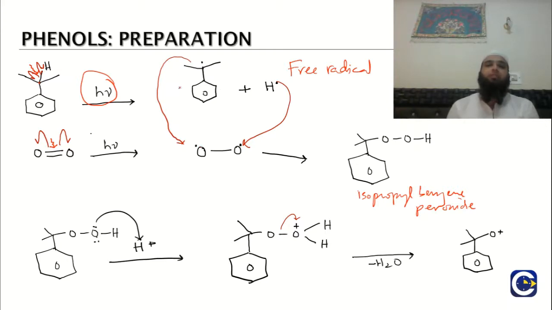Actually what happens is that this isopropyl benzene radical abstracts the proton from another isopropyl benzene molecule, and one more isopropyl benzene free radical is formed, that we are not showing here. We are just showing, for understanding, how the attachment of these two entities takes place, and we get the isopropyl benzene in this. And this is the same cumene hydroperoxide, the intermediate.